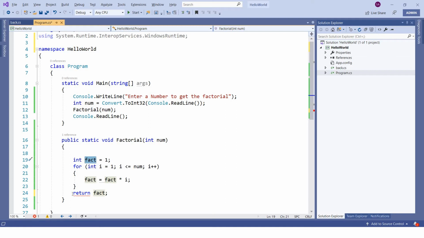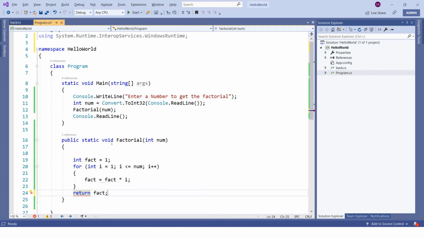But as and when I say return, see, it started giving an error. Let's see what it is. It says, since program factorial returns void, a return keyword must not be followed by an object expression.